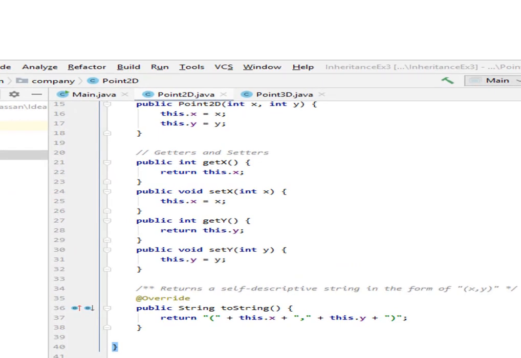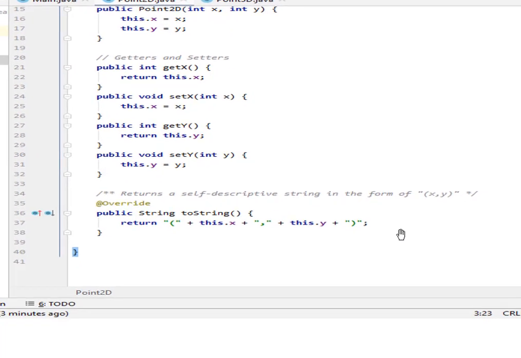we're gonna override the default method which is available in Java, that is the toString method, okay. We want to print the output in the form of 2 dimensions in this way, x and y, okay. So we want the output in this particular form, right. How can we accomplish this?